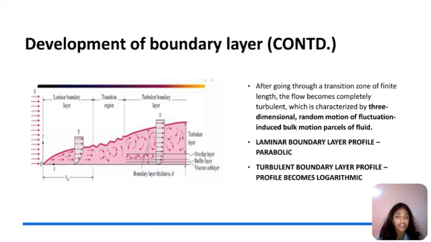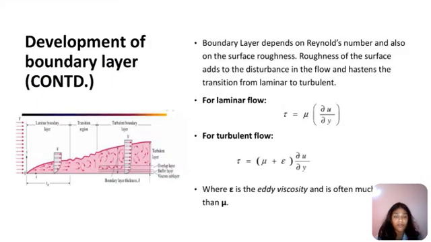And this is characterized as a three-dimensional random motion of fluctuation induced bulk motion of a parcel of fluid. Laminar layer profile is parabolic, turbulent boundary layer profile is logarithmic. Okay. Now, the boundary layer depends on Reynolds number, as you all know and studied, and also on the surface roughness, how grooved the surface is. Roughness of the surface adds